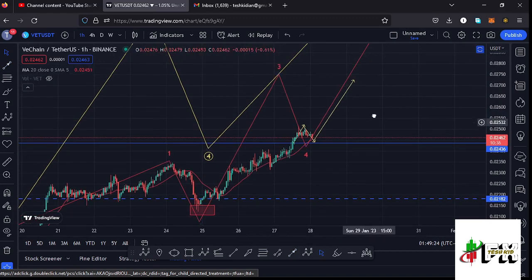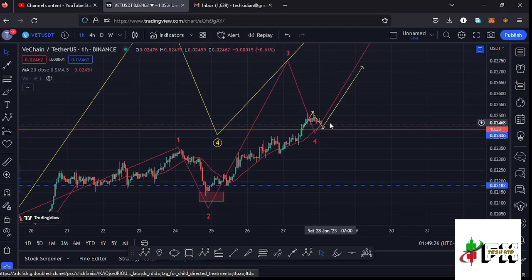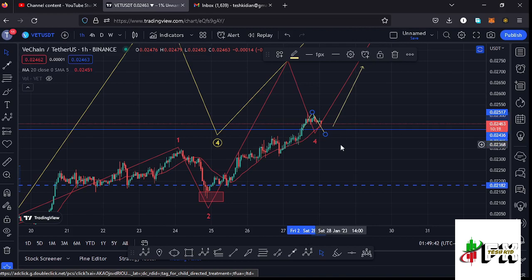So that is what I'm expecting, basing it on this key area of support. But in case we lose that key area of support, and maybe see a retest of that key area of support to the lower side, then there are chances of unlocking even lower prices. But for now, I'm not expecting such a scenario, because we are also holding above the 20-day MA, meaning we also have massive support to even get to that key area of support at around the